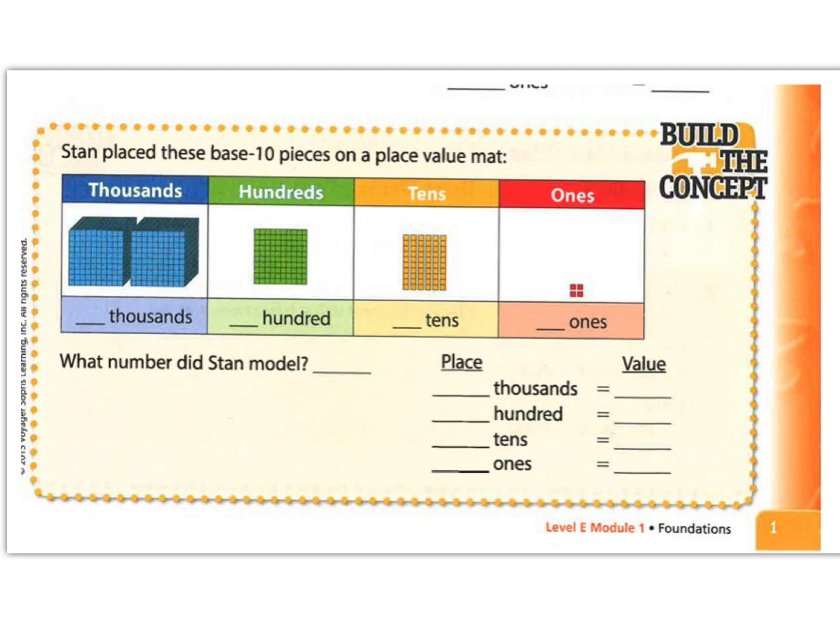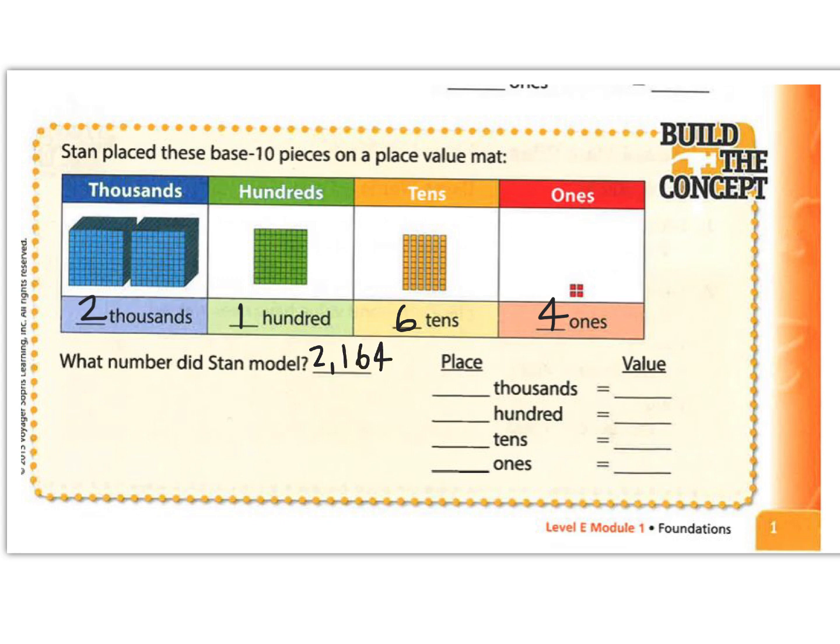All right, so for this problem, it says Stan placed these base 10 pieces on a place value map. So we have thousands, hundreds, tens, ones. What number did Stan model? Well, let's count what he has here. He had 2 thousands cubes, so we're going to write 2 thousands. He had 1 hundreds flat. He had, let's count these, 1, 2, 3, 4, 5, 6 tens. So 6 in the tens place, and then 1, 2, 3, 4 ones. So the number that he modeled was